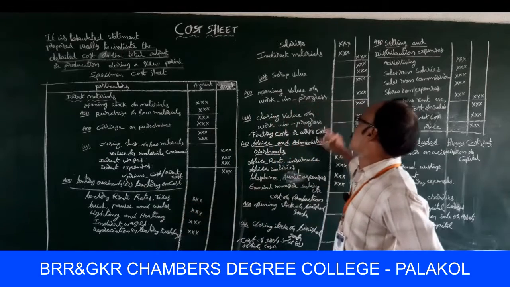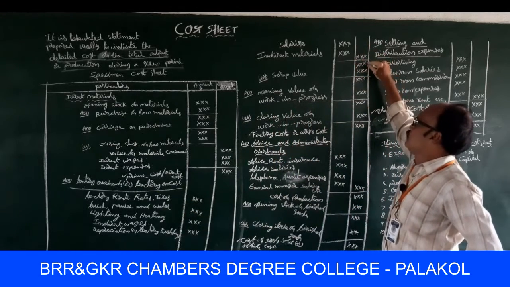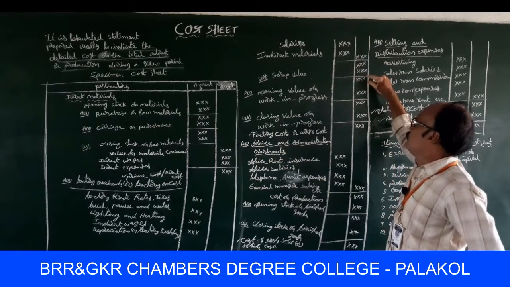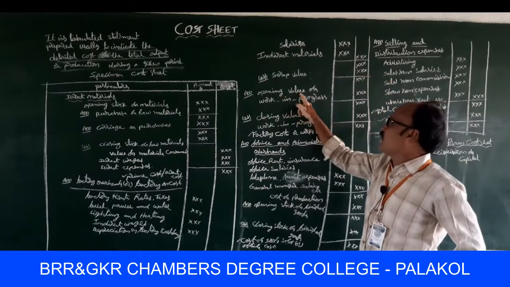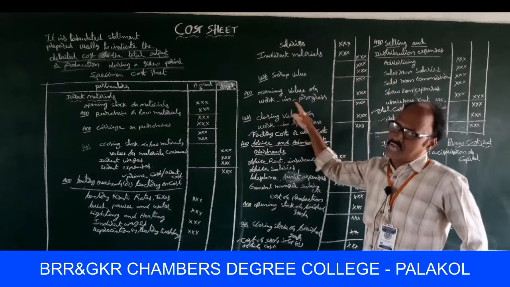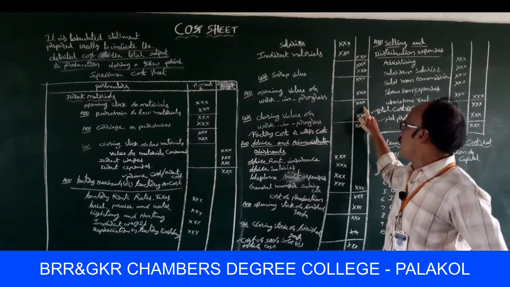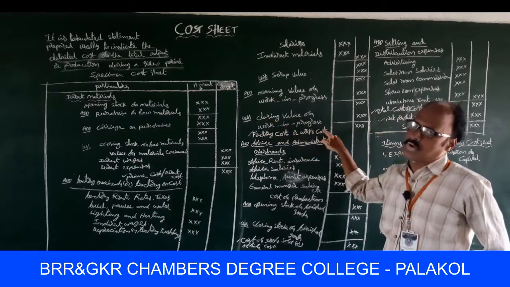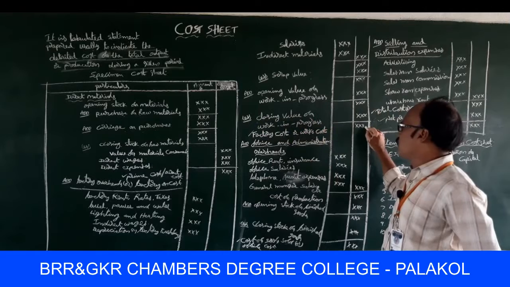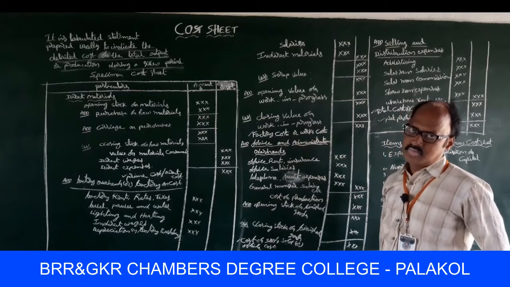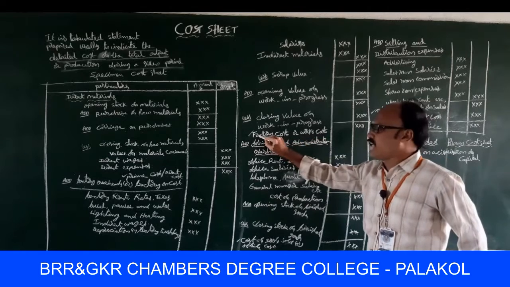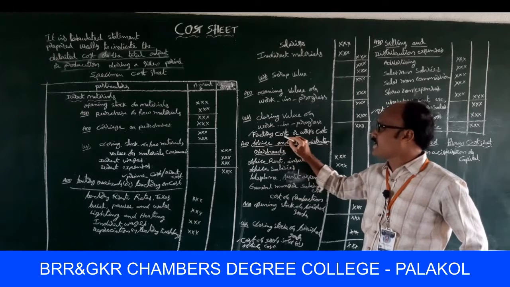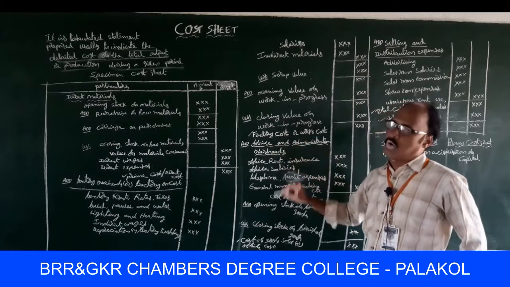When these transactions are added, we find out the sum of the value, less scrap value if available in the problem. Next, add opening value of work in progress. Then we find out some value. Next, less closing stock of work in progress. Then finally we find out the factory cost. Add to the factory cost the office and administrative overheads.